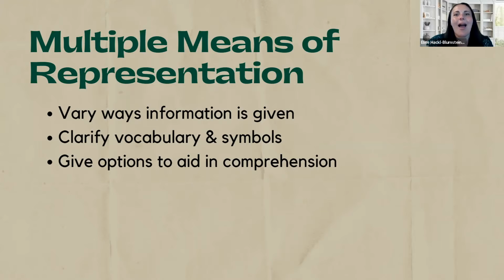So for example, if I'm showing somebody a new symbol, I'm going to want to tie that into symbols that they already know, draw in that background knowledge. If I'm talking about a new composer, I'm going to want to have a picture. I'm going to want to talk about the background of their lives and other composers who lived in the same era. Maybe we look at a piece of art that was created during that same era. Maybe we look at a map and determine how far it is from where we live. Any option to help aid in that comprehension is a huge part of multiple means of representation,